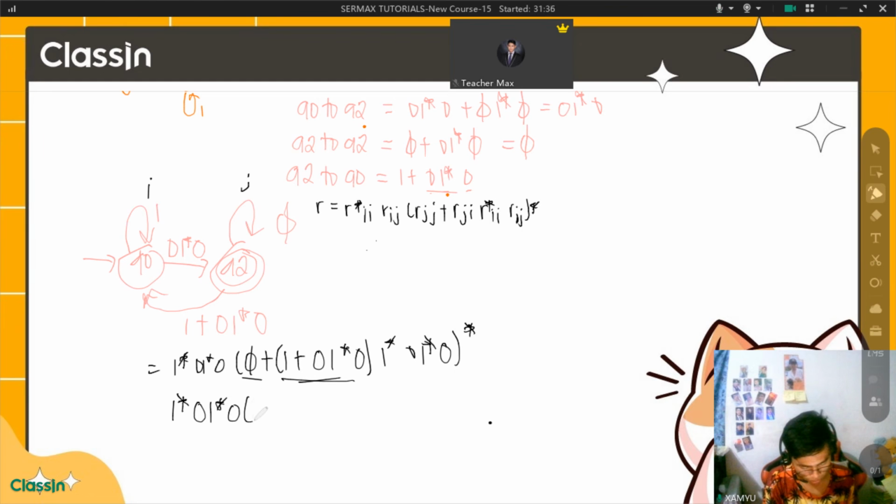It will become 1 plus 0, 1 and 0 and then 1 star, 1 star times 0, 1 star 0 and then this one. So therefore, your regular expression for that, excuse me,